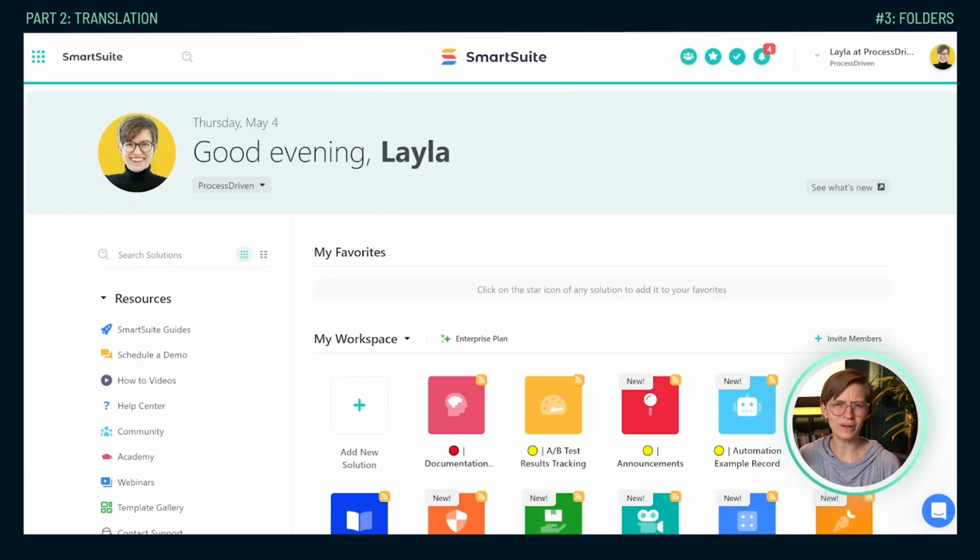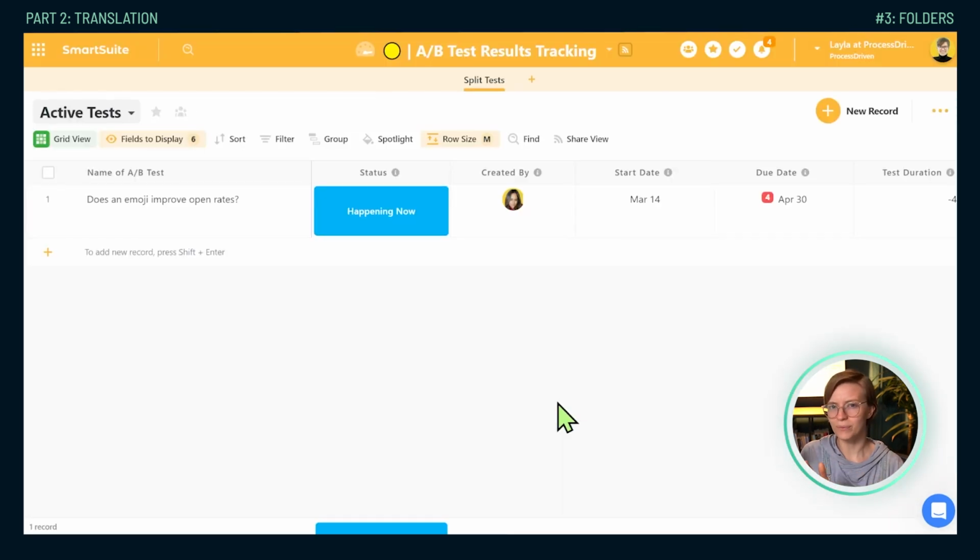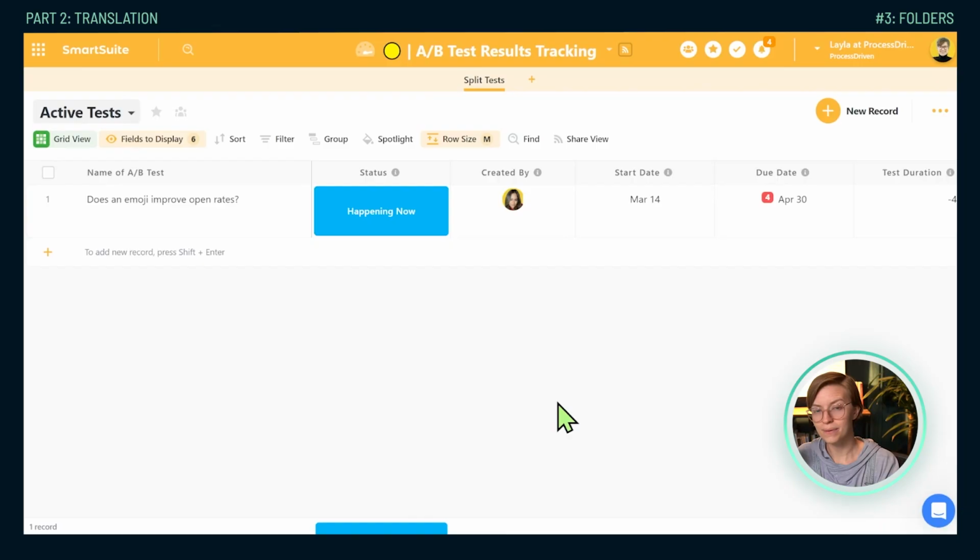Now below spaces, we have folders in ClickUp, and this is where our translation starts to get a bit murky. What would folders be inside of SmartSuite, considering our apps don't really have a container of any kind? For some use cases, depending on what your folder is, your folder will become its own solution inside of SmartSuite. You might end up getting rid of the space that was in ClickUp and instead just having that folder as the overall container. However, in other circumstances, you might find that that folder becomes an app and you just break